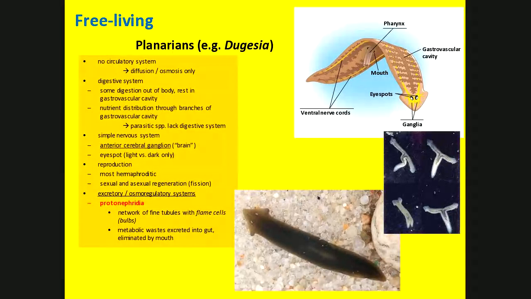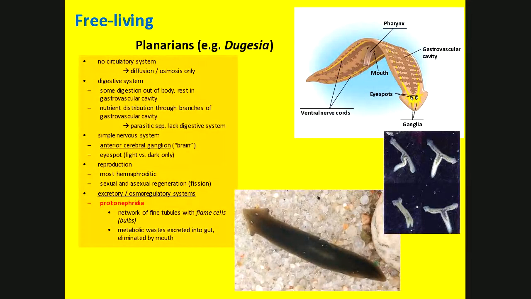So osmoregulation in general, and our kidneys are osmoregulators as well, are going to keep the body at a rate where you're not losing water or gaining water, right? All that stuff from Bio 1, again, is important. How do planarians do it? Well, they do it in this beautifully simple way with something called a protonephridia. Now, first of all, that's a cool word.